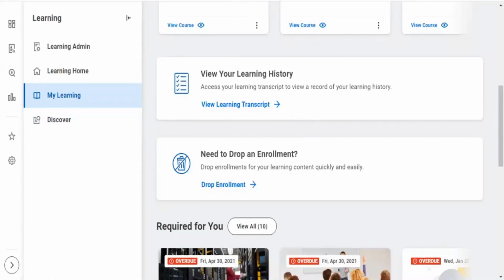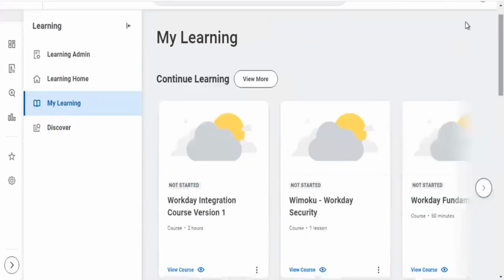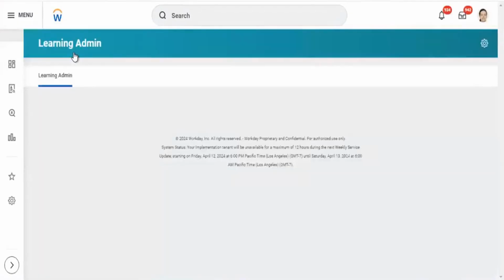Learning admin also, you should be having some extra options, but let me go back to the app. If you click on Learning Admin, it has a lot of other options than just what is there for an employee.